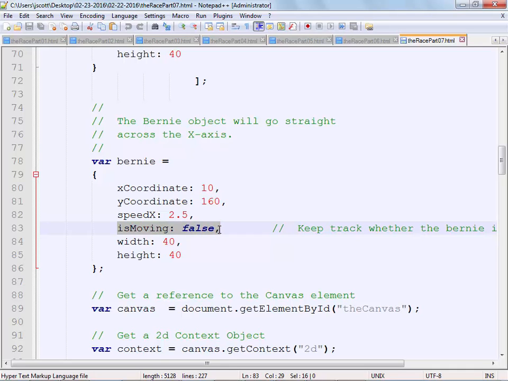We'll use that later on, because if we have the mouse down, we want isMoving to be true, and if we have mouse up, we want isMoving to be false. That makes sense? But this is just part 7, so I don't think he's moving yet. I don't think isMoving is ever set to true in this particular example.